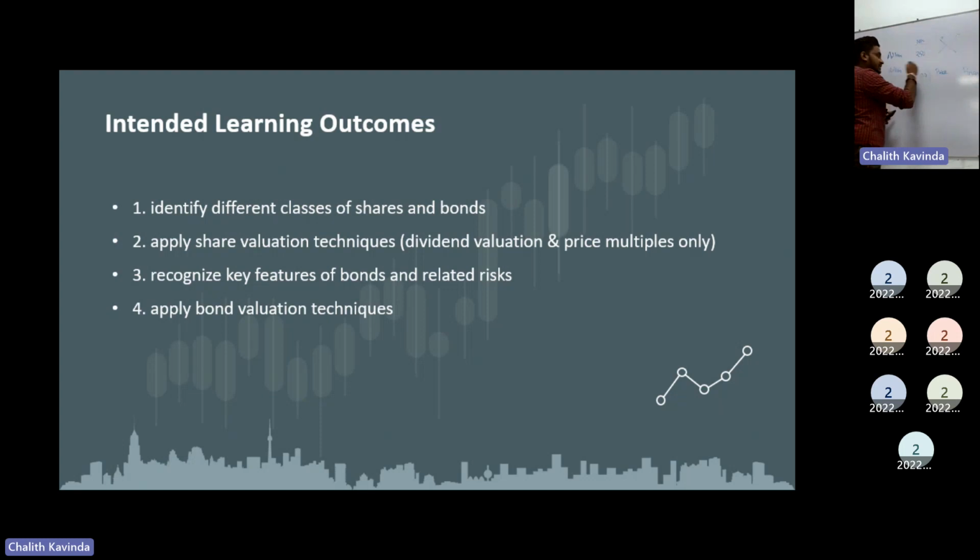Simply, we call this the theoretical price or the intrinsic price. We can check our calculated price with the existing market price to make our buy, hold or sell decision. That is why we are learning this lesson. And a similar concept applies for bond valuation as well. There are some technical aspects that you need to keep in your mind.